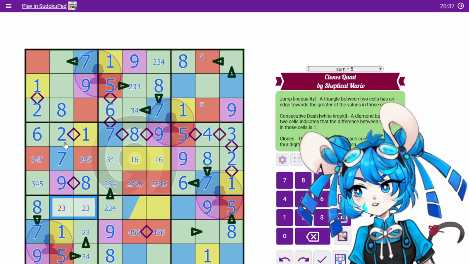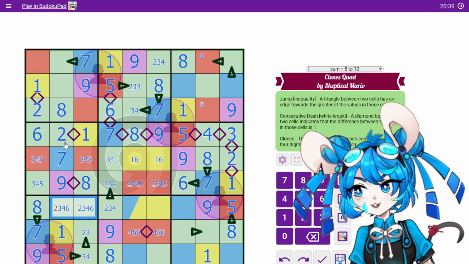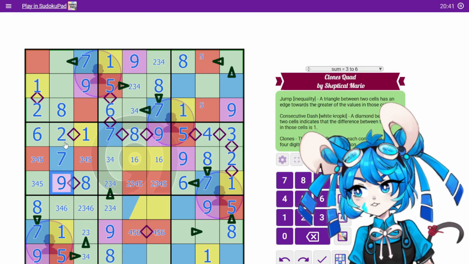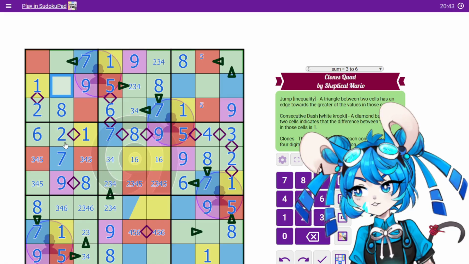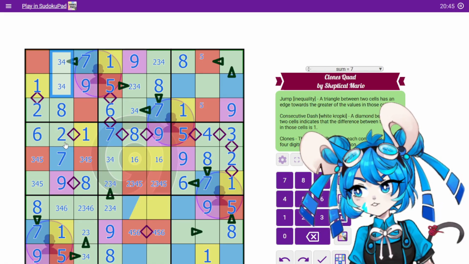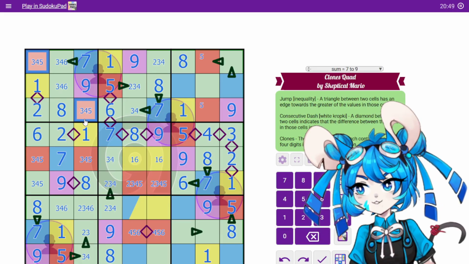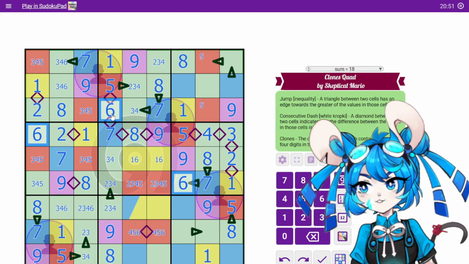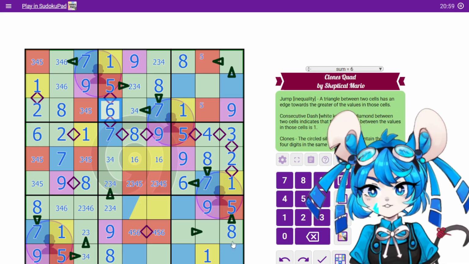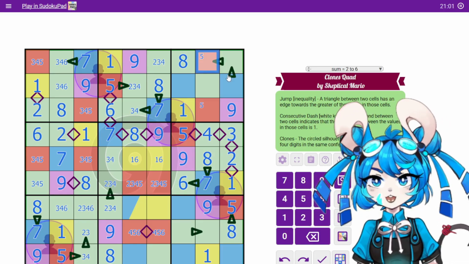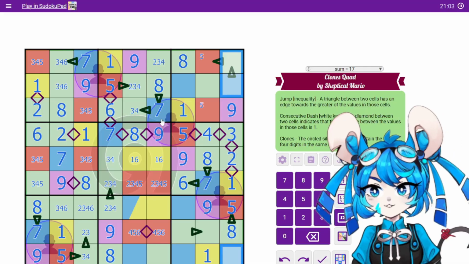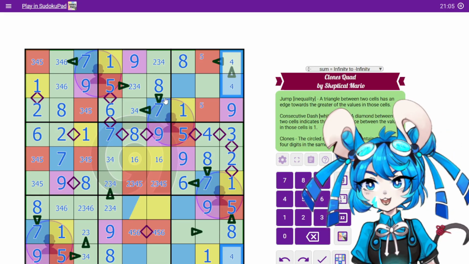These digits are 2, 3, 4, and 6. And these digits are 3, 4, and 6. These digits are 3, 4, 5, and 6. Well, okay, not 6, apparently. These 3 digits are, we're probably going to look at this inequality. These 3 digits are 4,